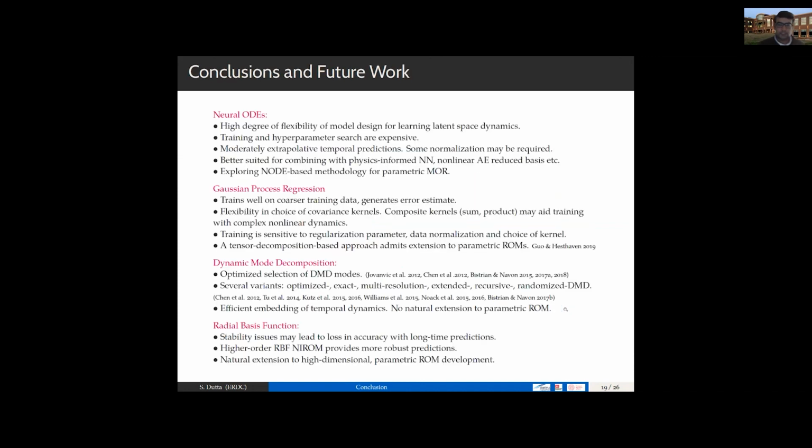So this is a summary of our findings. The main ideas being that we are looking at all these different methods with a sense of future work of extending everything to a more parametric setup. And for some of these methods, for instance, GPR, there is actually a very elegant tensor decomposition based approach that was introduced by Professor Hestaton and his colleagues 2 years ago, which is something that we have found very useful as well. And then for other methods, there are certain variants that are available as well,